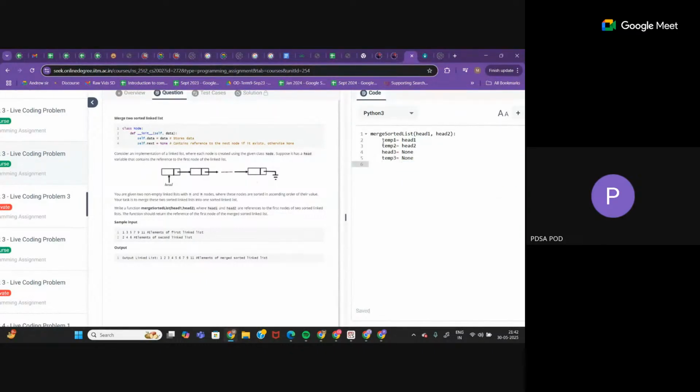Okay. Now the while loop will run till when? When one of the lists gets exhausted, right? So how long will the loop run? When both temp1 and temp2 are not none, right? That means they're not past the last node. So while temp1 is not none and